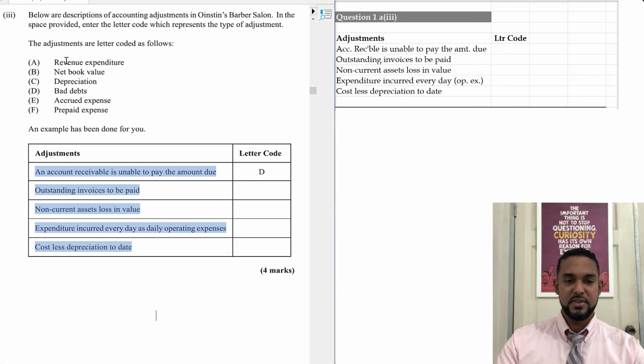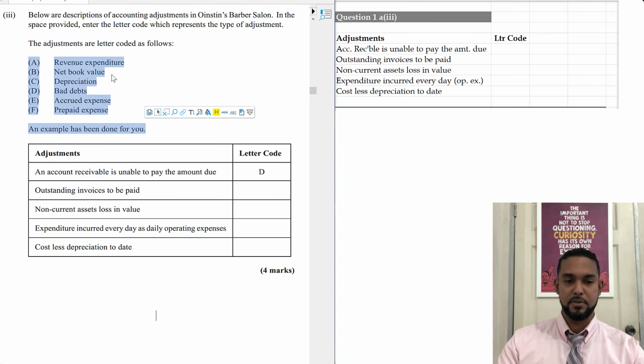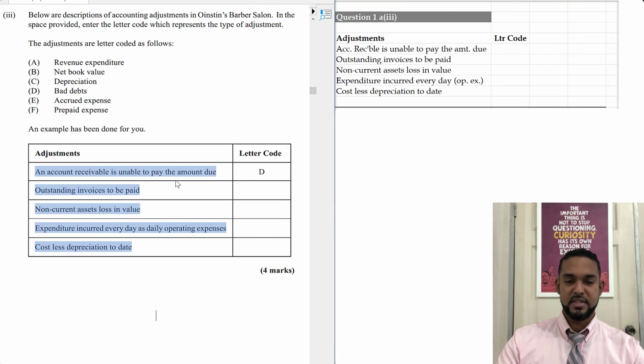All right, so basically what they've done is they've given us these 6 types of adjustments: revenue expenditure, net book value, depreciation, bad debts, accrued expense, and prepaid expense. And what they wanted to do is to match up the adjustment using its letter code with these words down here. So what they said is that the first one, an example has been done for you, which is the